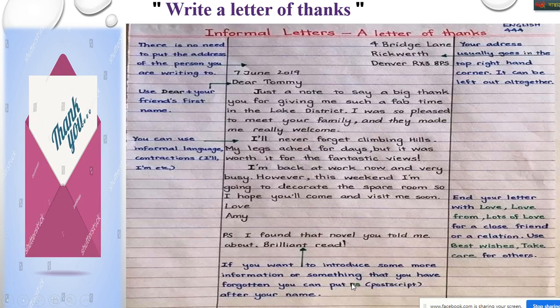If you write officially, of course it is formal. If you write personally, it may be informal. So in between, I am just showing you an example of how a letter of thanks can be written. You see, actually, this is the British pattern, British style. The sender's address is given here, the date is here, and then you see the salutation and the body: first paragraph, second paragraph, and third paragraph. I mean, the concluding paragraph. This is the concluding paragraph.